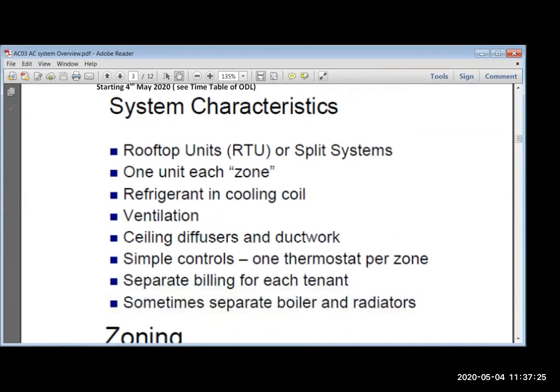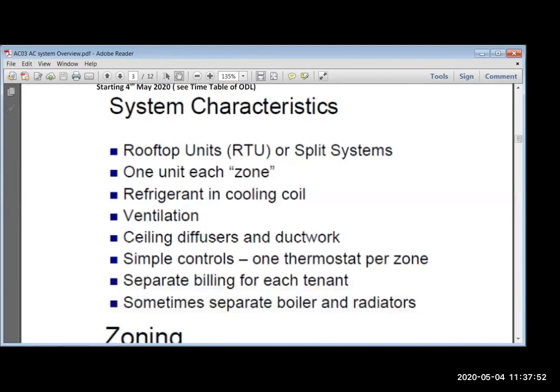There will be two types of rooftop unit systems. These are called terminal units. Distributed units are unitary systems. Rooftop units are split systems, one unit for each zone. You have to specify one according to temperature control and heat. You can select a split system or rooftop unit RTU and install it locally in a particular zone.